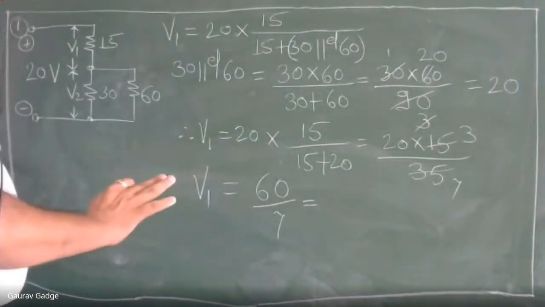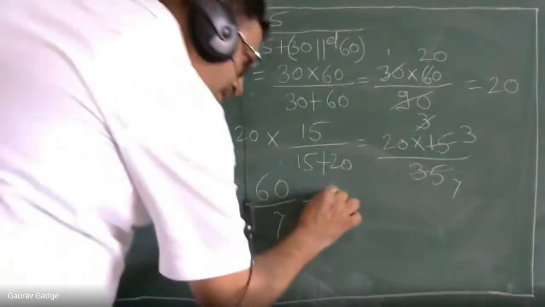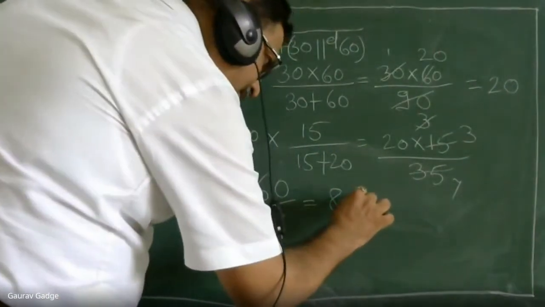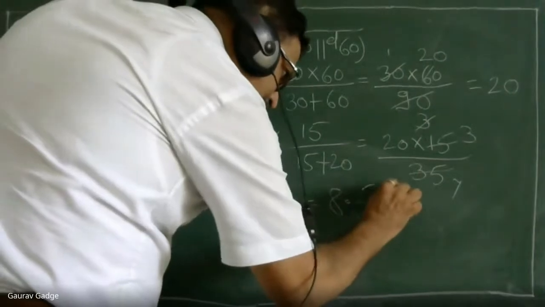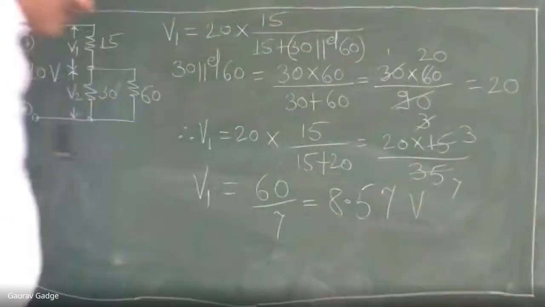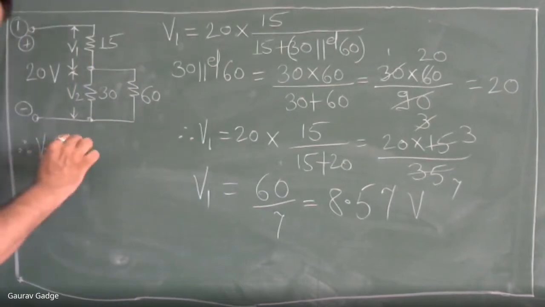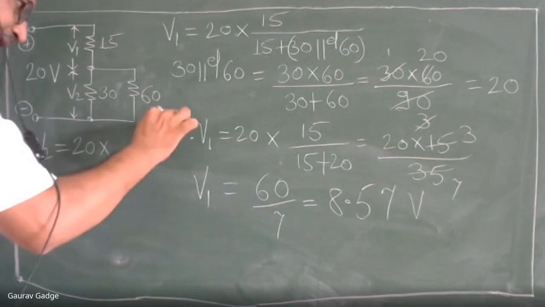So you can solve this combination. V1 is 8.57 volts. 8.57 volts. Okay. And now how to get V2? V2 can also be calculated by using VDR, that is 20 multiplied by